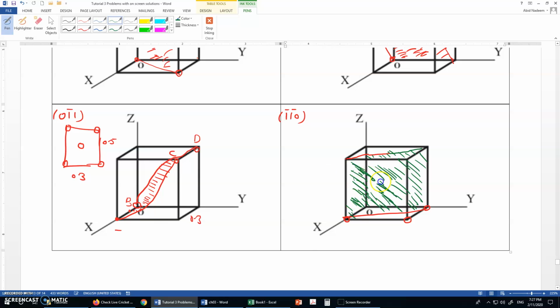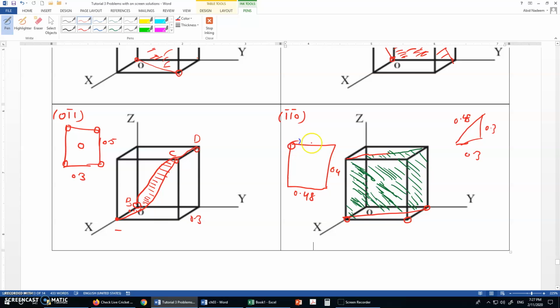Now what dimensions does this plane have? The length is 0.3, this is 0.3, 0.3. So it will be 0.48 from the Pythagoras theorem, 0.48, and the height is